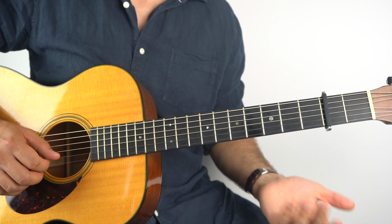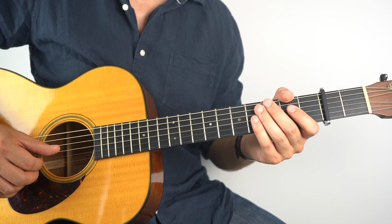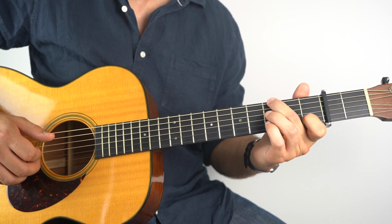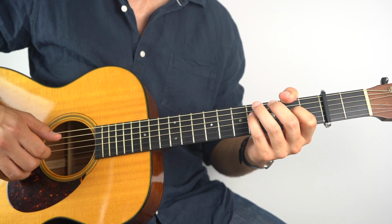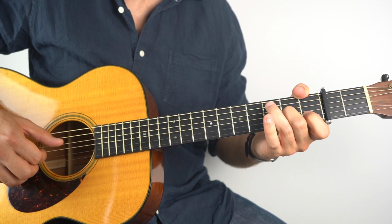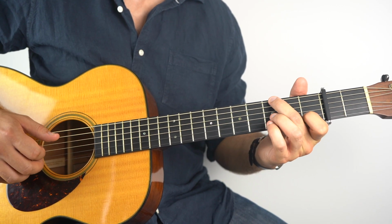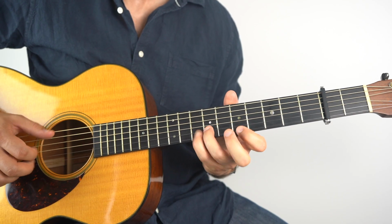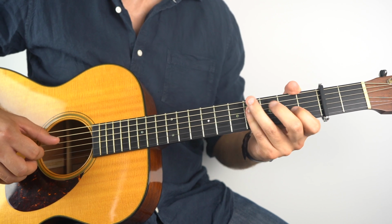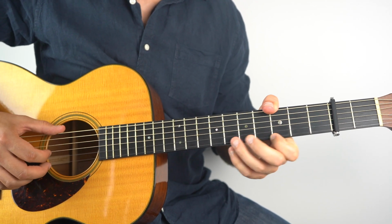And for this chorus, it's exactly the same as the first chorus. So back to the start of this second verse, we have played 1, 2, 3, 4. Just into the next chorus. And then once you come out of the last chorus,